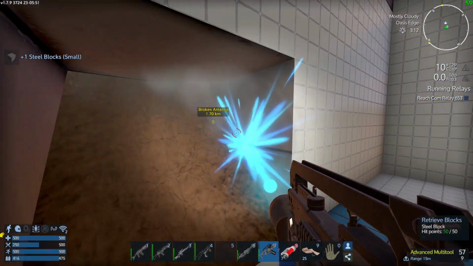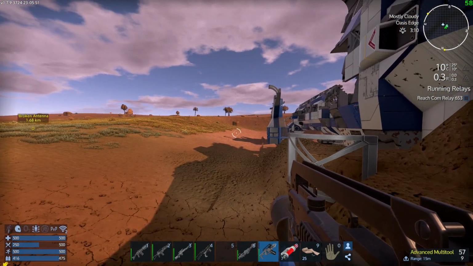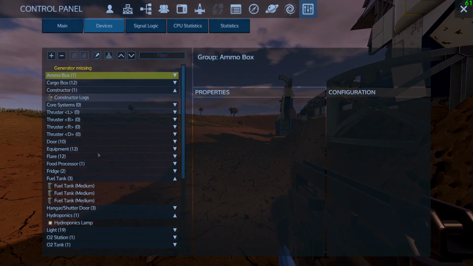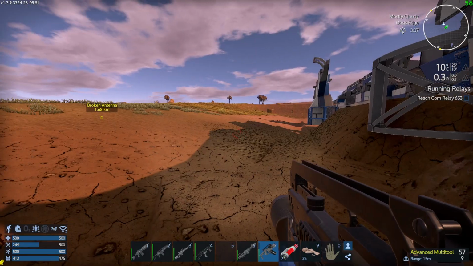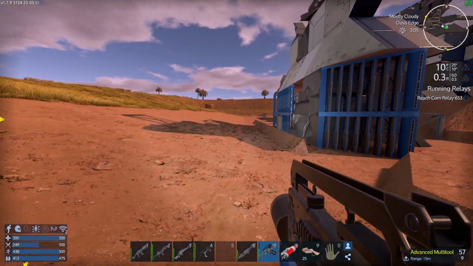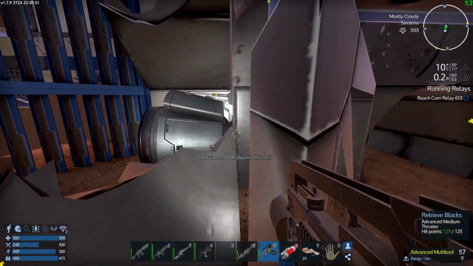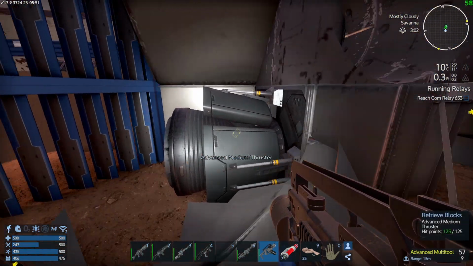Oh, just go out the quick way. How many thrusters have we got on here? Got no thrusters. Oh, come off it, game. I'm sure there's some. There used to be some thrusters. There they are. Why are you telling me that that's...